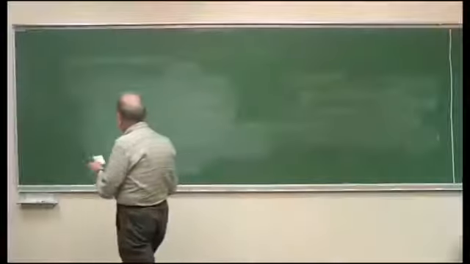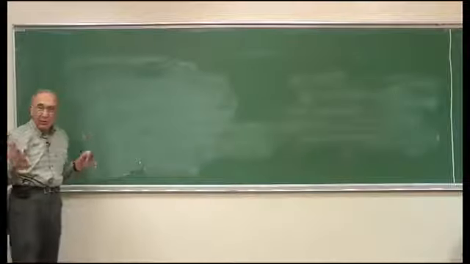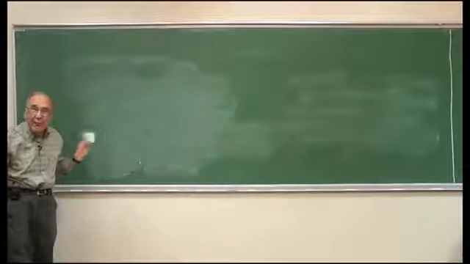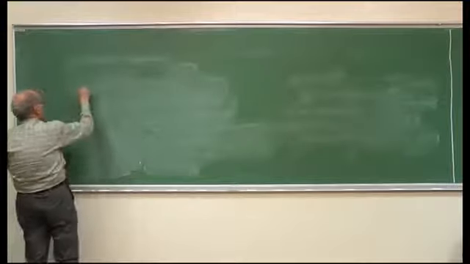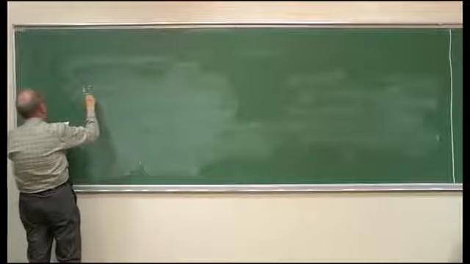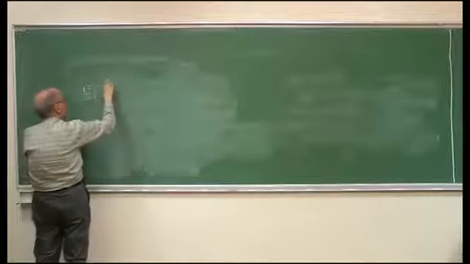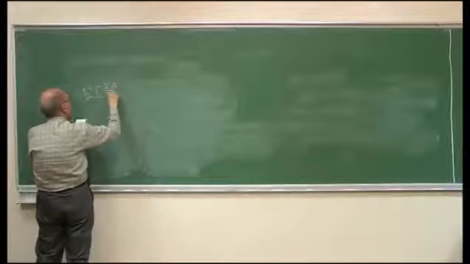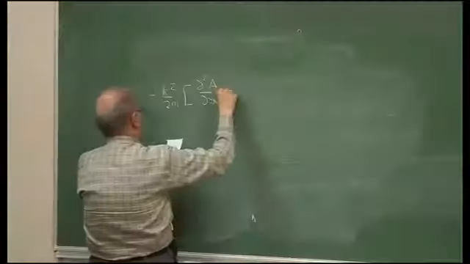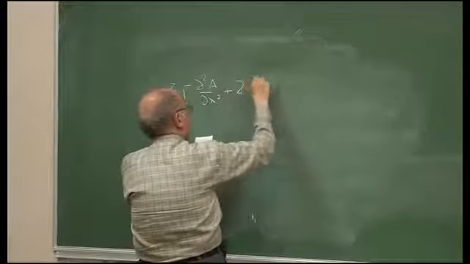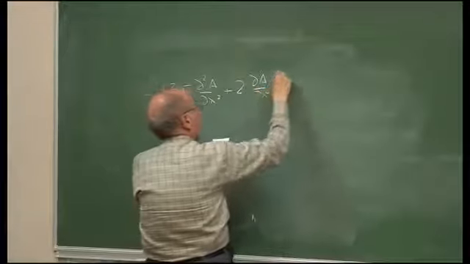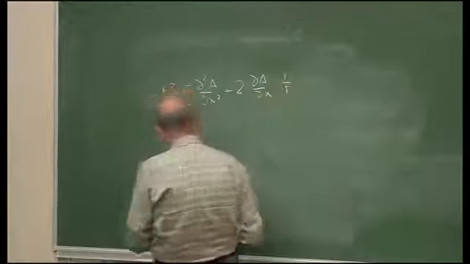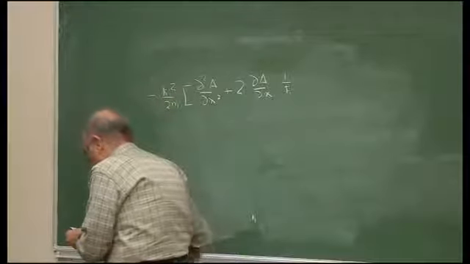Of course, e to the iS over h bar will appear in every term in that equation, and it will cancel, so it will be i over h bar